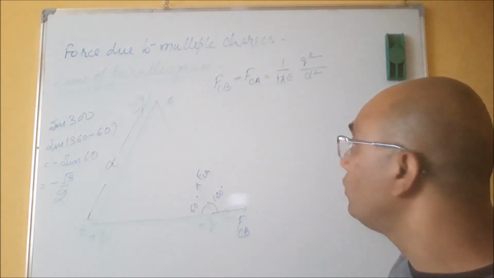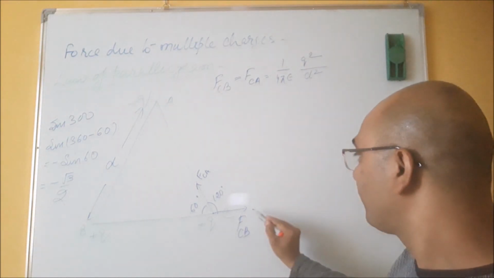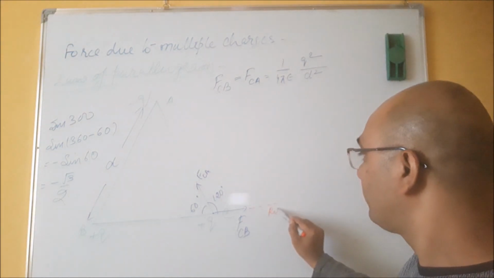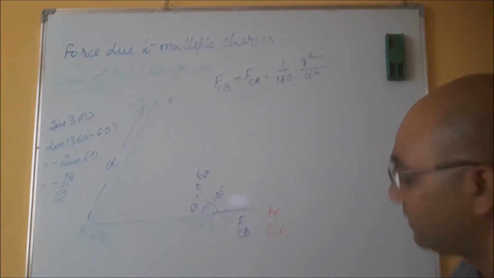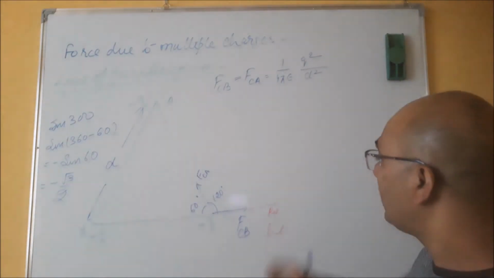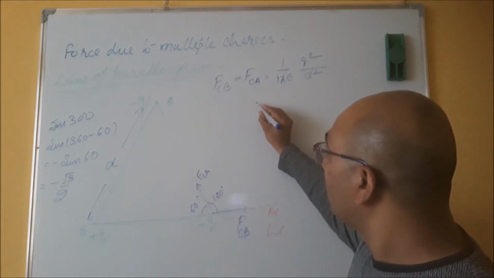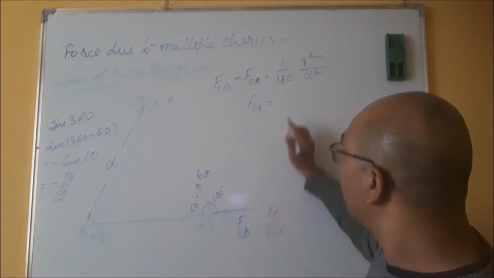Now if I take this as a reference line, FH will be FCB